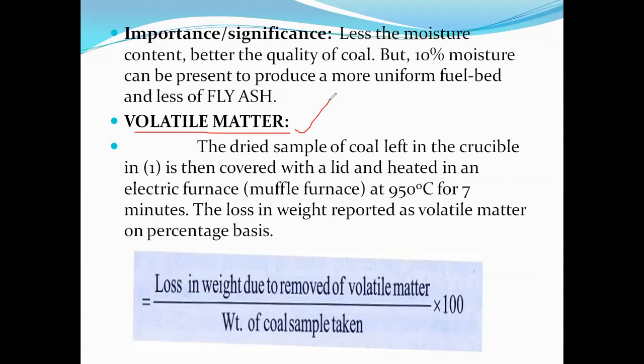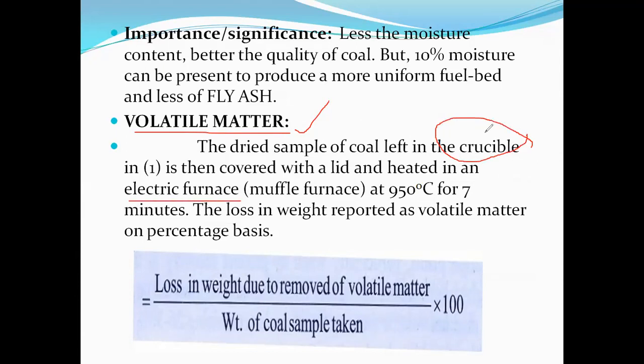Volatile matters are nothing but the impurities present in the coal sample, and those impurities have lower density, right? Generally, మనం coal extract చేసేటప్పుడు it contains some part of impurity, and those impurities have lower density. So when we heat the coal sample, the impurities are easily evaporated. The impurities are separated when we take the coal sample in the crucible, and it should be taken in the electrical furnace.